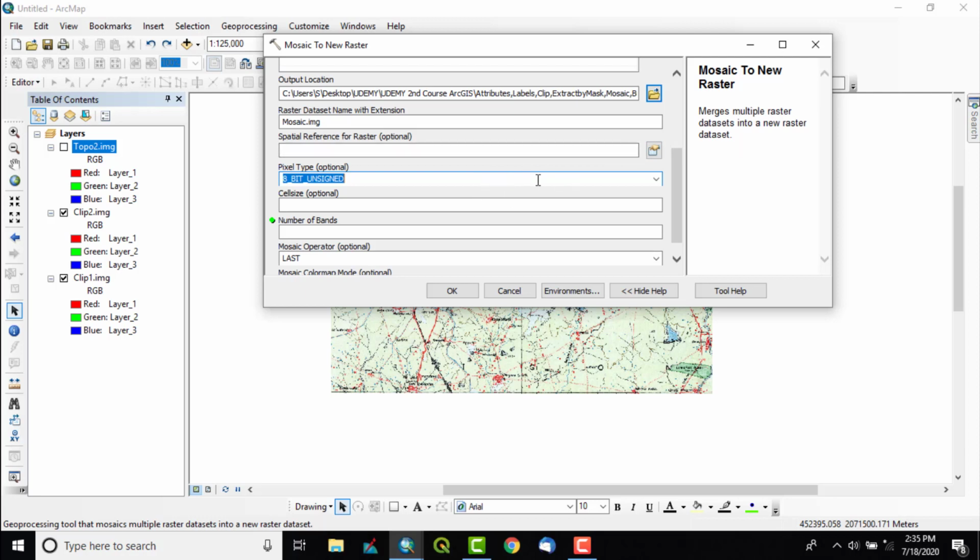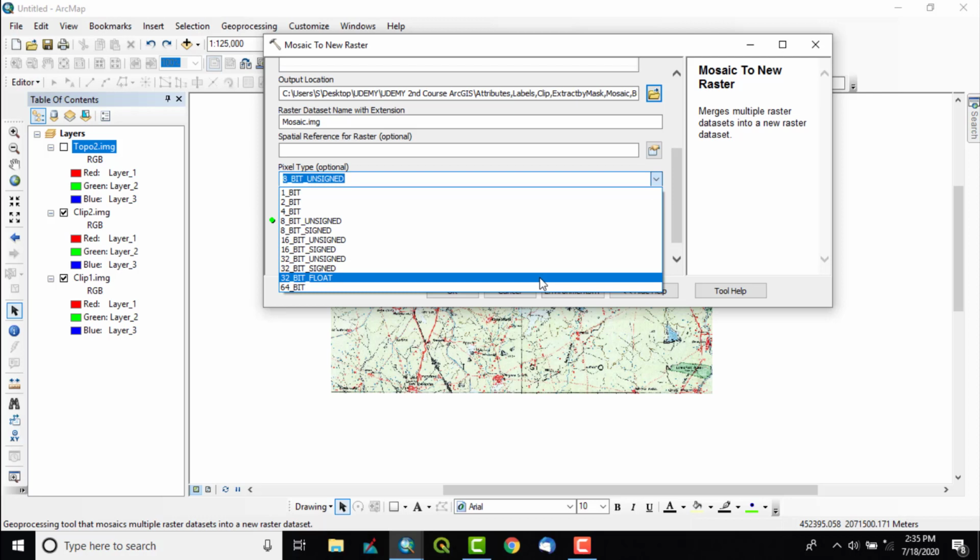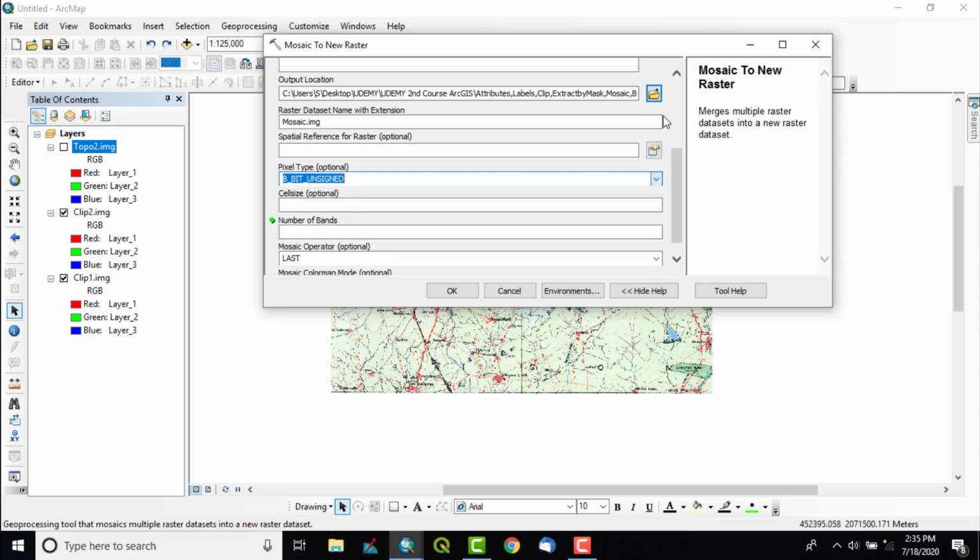Or if it is DEM data, we have to take float, because float stores the decimal values. So I will keep it as it is. Then cell size is optional. Whatever input cell size is there will automatically come in the output.